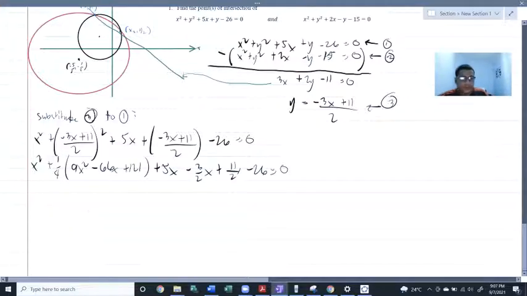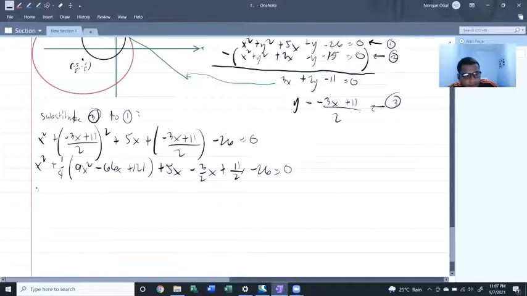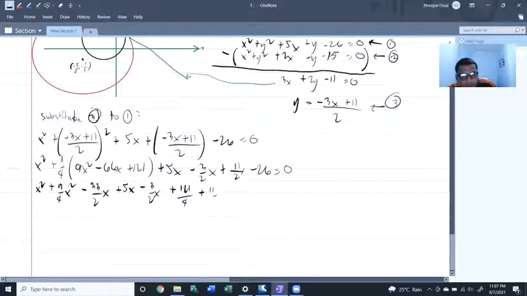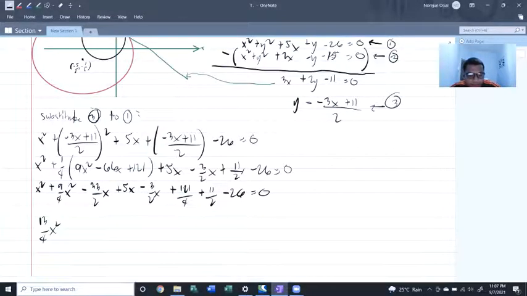Now let's distribute our 1/4 and rearrange. x squared plus 9/4 x squared minus 33/2 x plus 5x minus 3/2 x plus 121/4 plus 11/2 minus 26 equals 0. Combining like terms, 13 over 4 x squared,